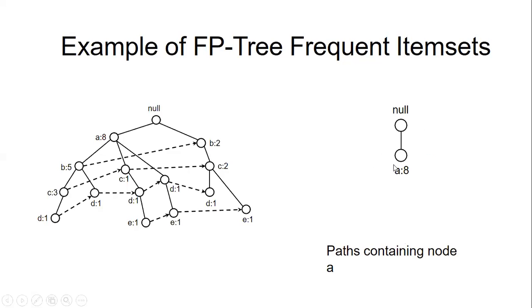Why I showed you all this: we are using the bottom up approach, starting from the bottommost node, which is the node having the least support, that is E. Above the E there is D, above the D there is C, above the C there is B, above the B there is A. So we have come to the topmost node, that is A. We have just taken the subtrees based on the nodes.